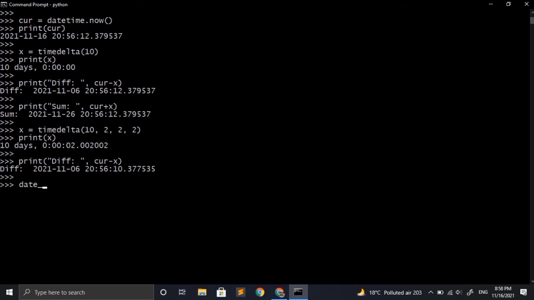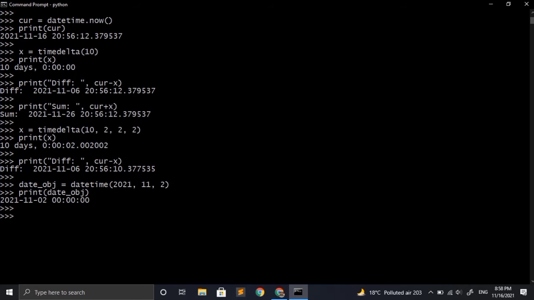Apart from current datetime object, we can also create our own datetime object using the syntax that we have seen in the previous video, and we can also perform the same operation on that. So here I am just writing datetime, then after that I will be providing the year, month and day, and as usual I will print it using the print function.